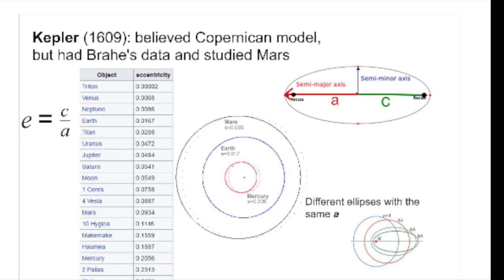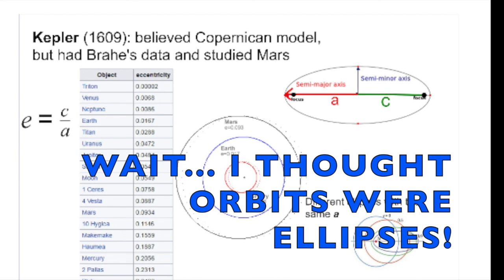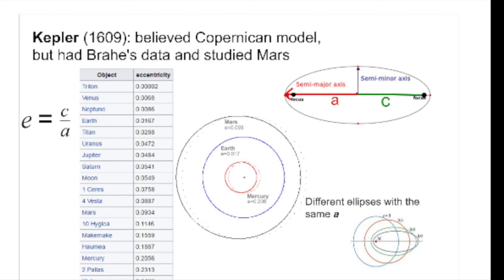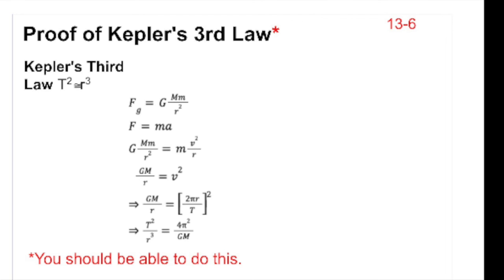Now, you might object in that I kind of used in this derivation equations that were set up for circles, and didn't we just say that these are really elliptical orbits? Well, it makes the math a lot easier, but basically this derivation will hold up because as long as you're reasonably close to a circular ellipse, then you can still say that the acceleration is v squared over r to a very close approximation, and v is still going to be the distance over time, and the distance around the circle still really is going to be proportional to the average distance that you are from the object that's causing gravity. So this derivation holds up well enough when you translate it to ellipses instead of just circles.